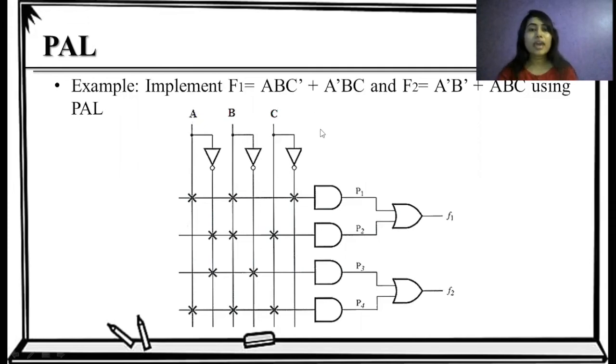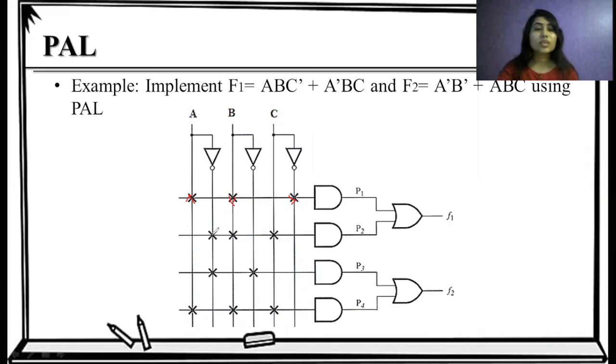Here we have F1 equals A, B, C dash. So we just make a connection A, B and C dash. Here we mark a cross for A, B and C dash. So in this AND gate we give A, B, C dash, and other inputs are disconnected. So here we have the P1 term as A, B, C dash.